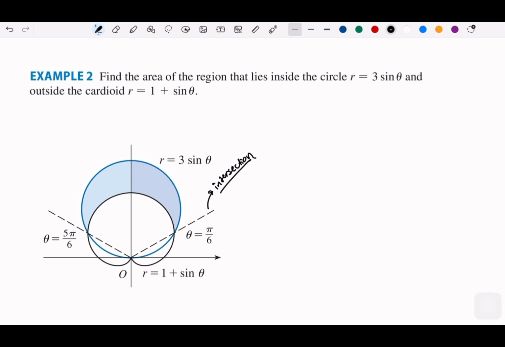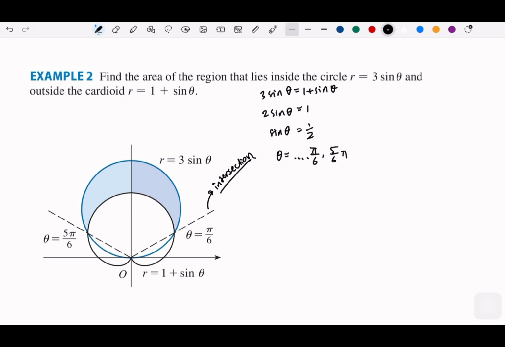To find the intersection, you could take 3 sine theta equal to 1 plus sine theta, which gives 2 sine theta equal 1, and sine theta equal 1 over 2. So you find the theta where sine is positive 1 over 2. We get pi over 6 and 5 over 6 pi. Since we have this pi over 6 and 5 over 6 pi,